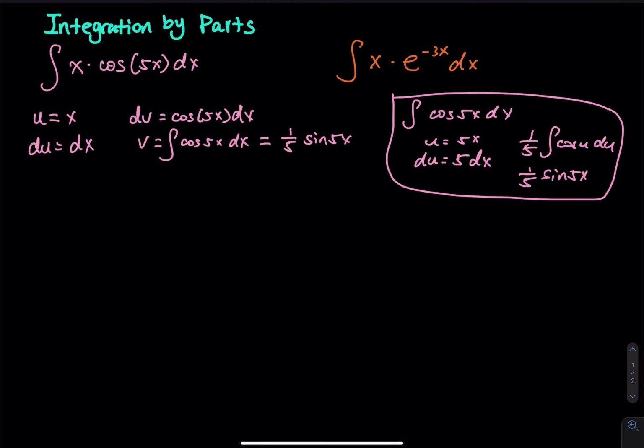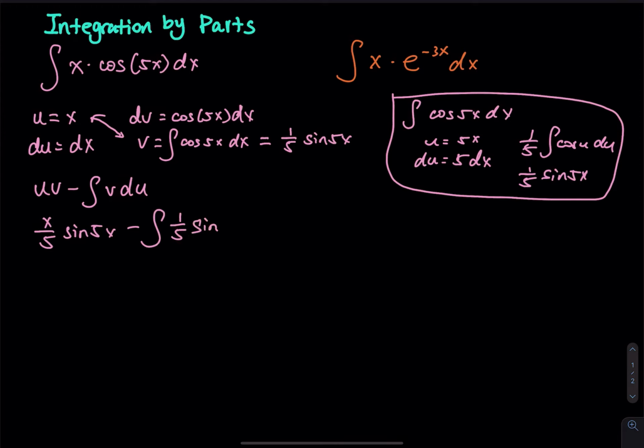And then you do the integration by parts, which is uv minus the integral of v du. So uv is x over pi times sine of pi x, and then minus the integral of v, which is sine of pi x, times du, which is just dx. So now the integration by parts is set up, and all you have to do is take care of this integral. So that equals x over pi sine of pi x